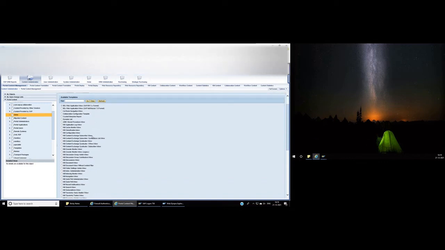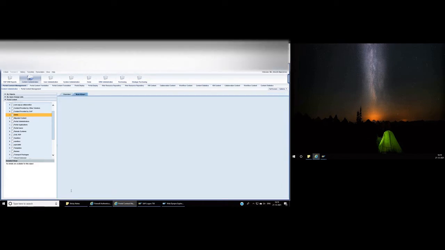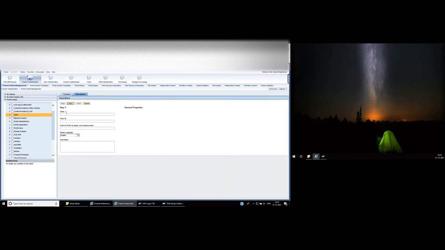In this you select WebDynpro iView. Drop down, come down, and you will be able to see WebDynpro iView, and then click next. In the next page you specify the name. Here you can specify a unique name. So I am just creating